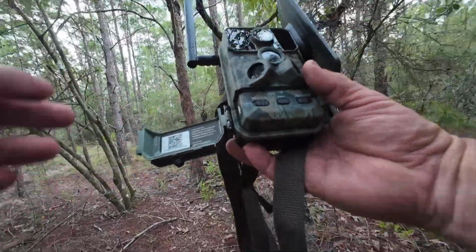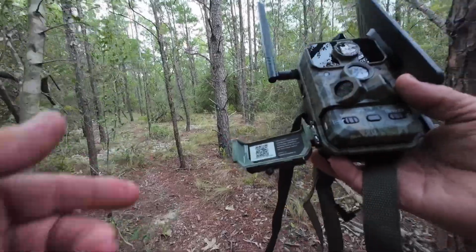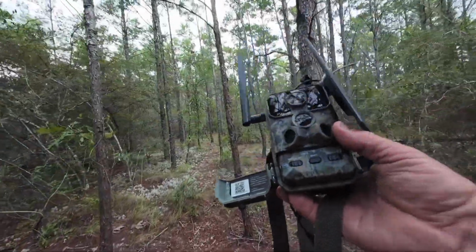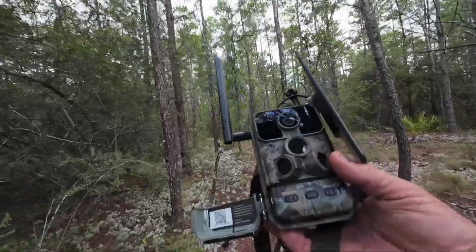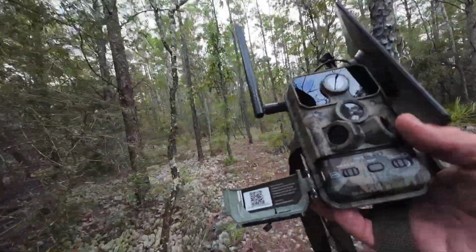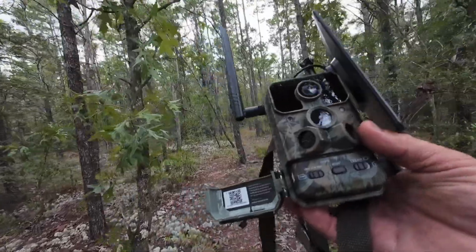And it does have the microphone built into the camera. But it is just incredibly clear. The microphone is exceptionally clear. I don't know how to test that to show you,